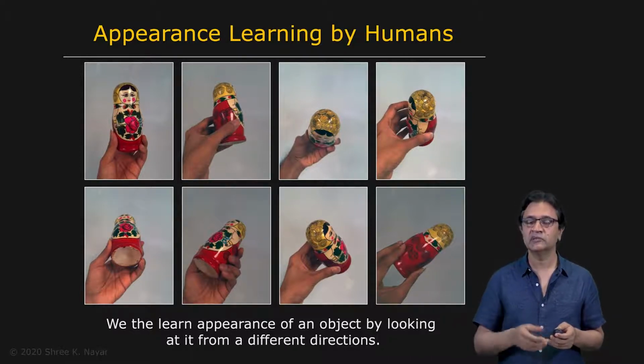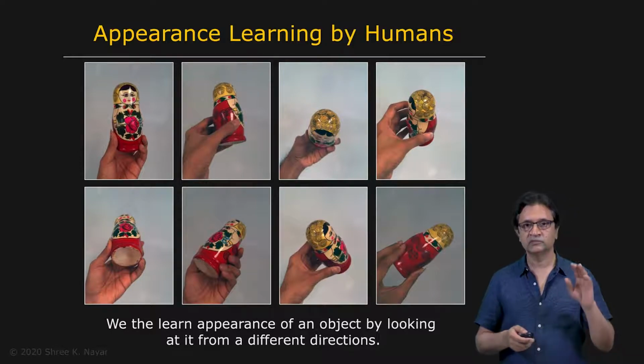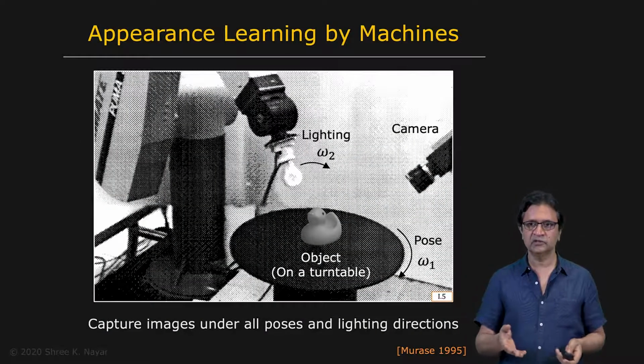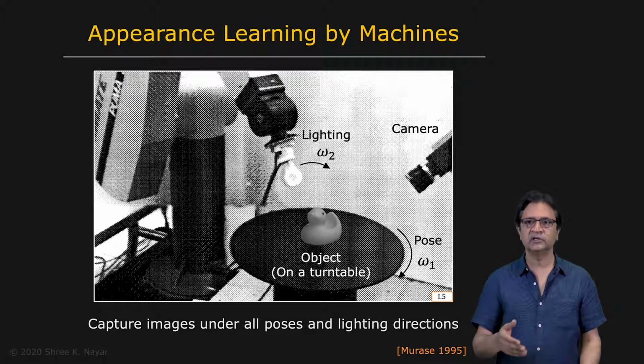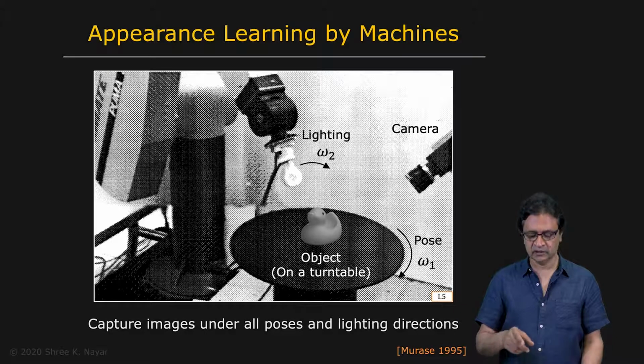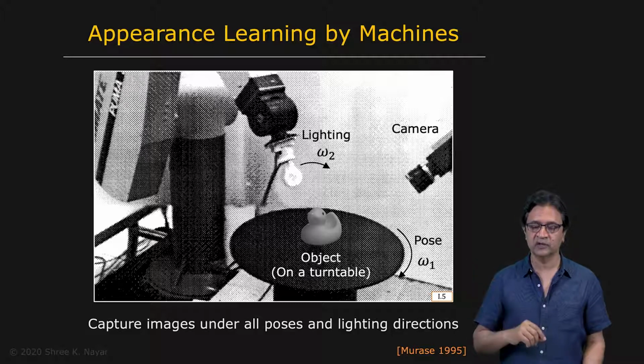So we're going to take a similar approach here in the context of appearance matching for computer vision. So let's say you're given this object right here. And in this particular application, let us say that we expect the object to be in this stable configuration that you're seeing right here. We talked about stable configurations in the context of binary images, if you remember. So it sits in this stable configuration.